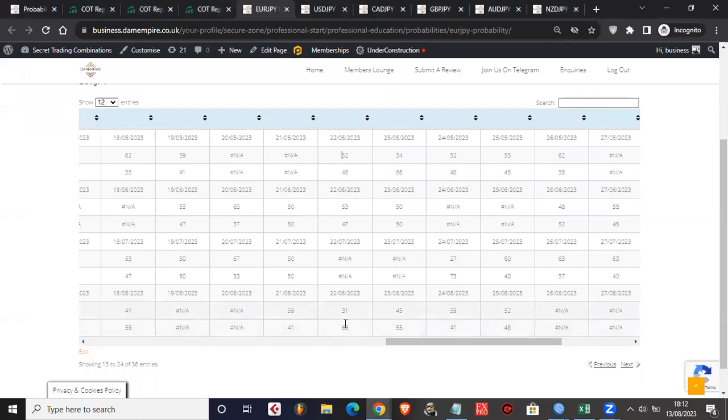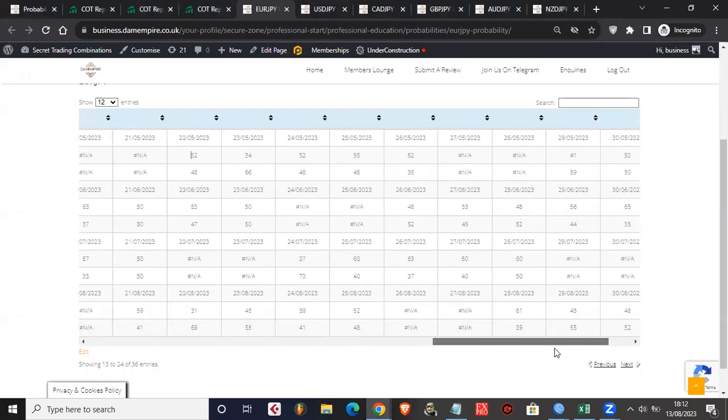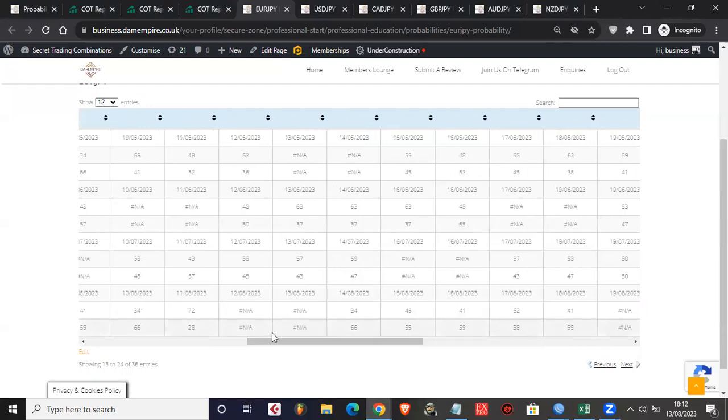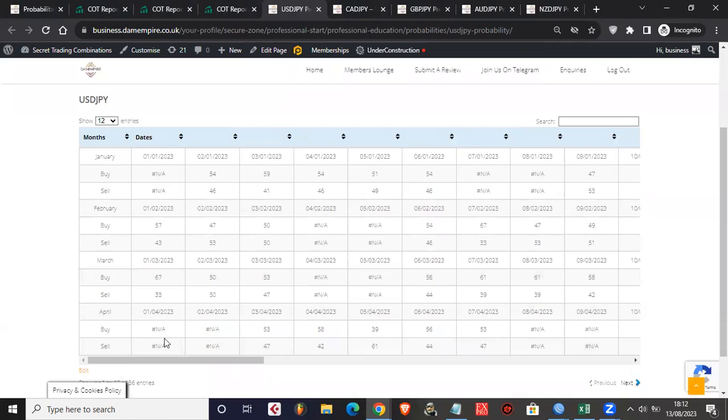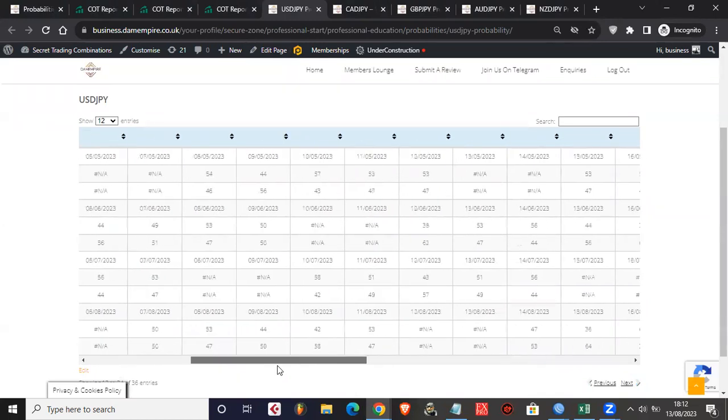The week after, we might have a little bit of consolidation, but since we're coming out on the 23rd anyway, on this date, it seems like a no-brainer trade for us to have. So that's one asset from the JPY cluster. We can also look at the USD JPY, for example, and see if we can find the same or similar alignment,